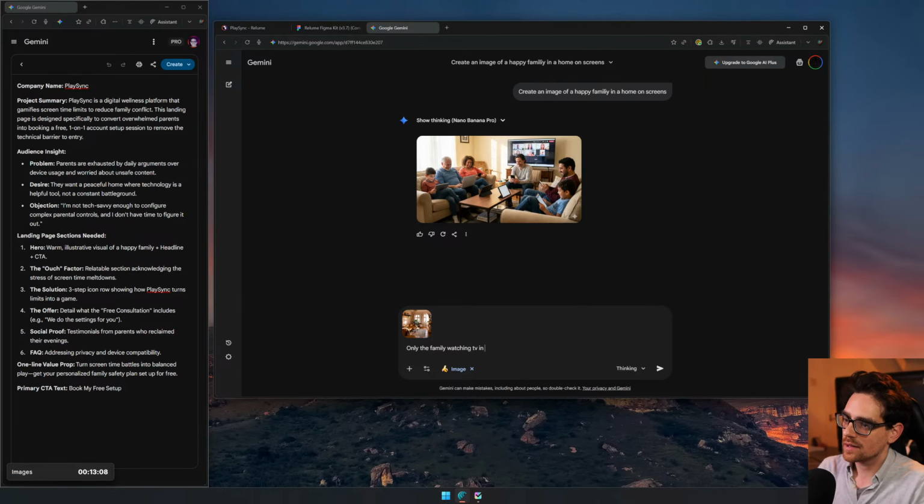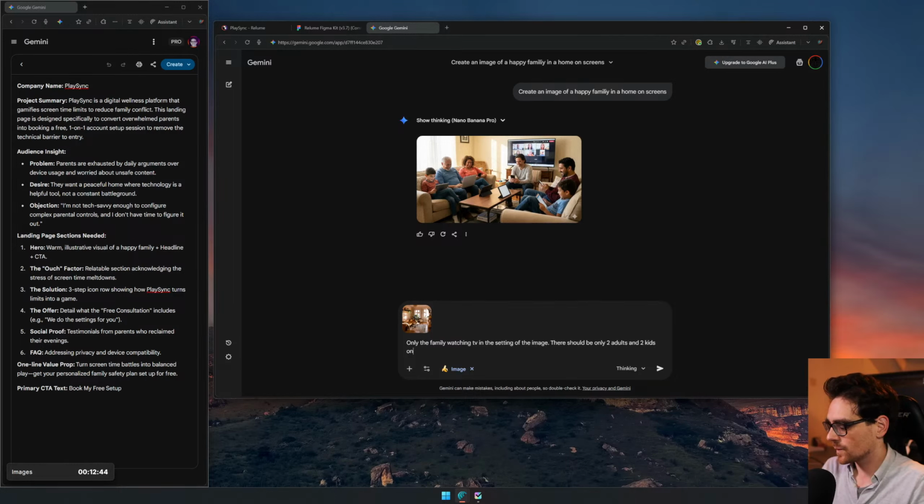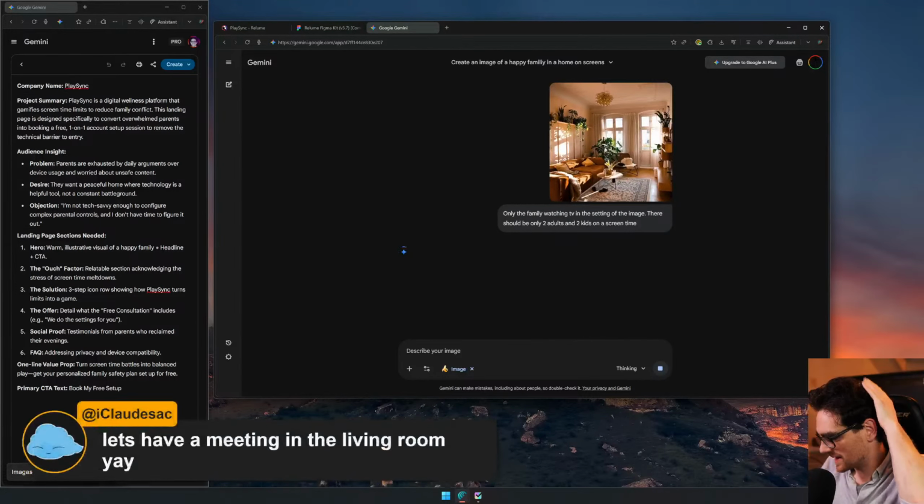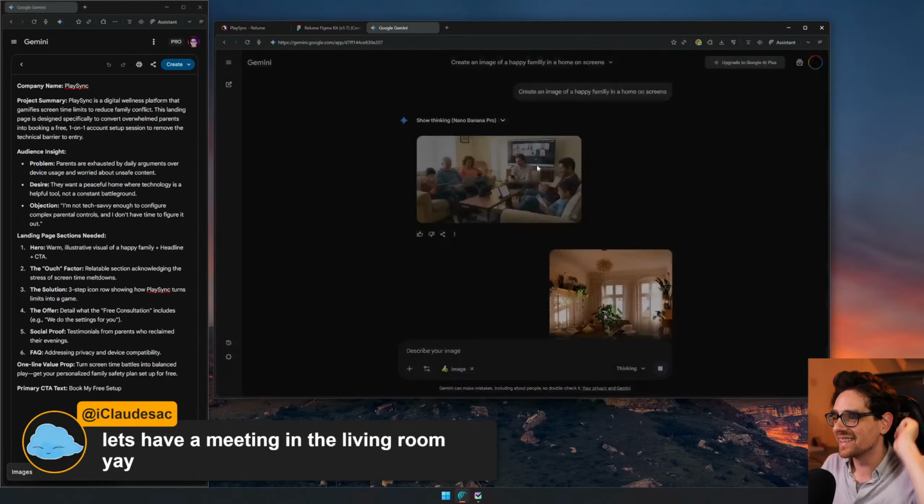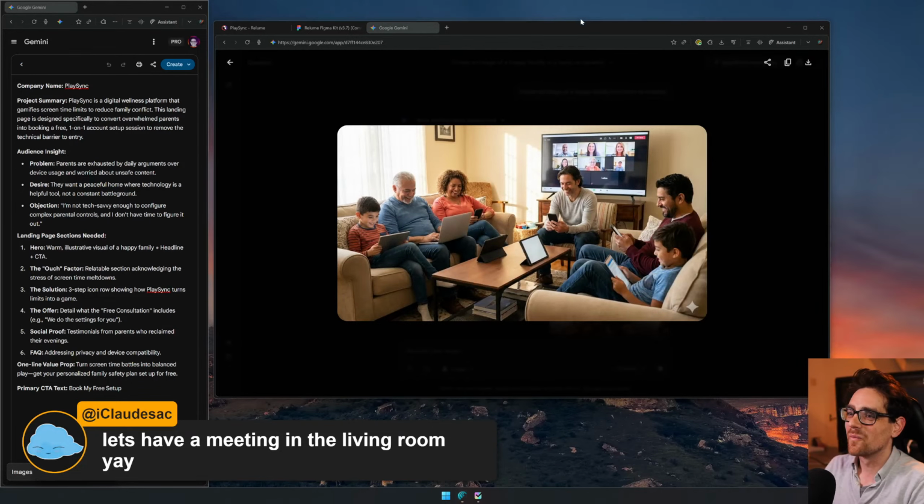Watching TV in the setting of the image. And there should be only 4 people, 2 adults and 2 kids on a screen time. Let's have a meeting in the living room. Yay! Yeah, it's awesome. Awesome what Gemini